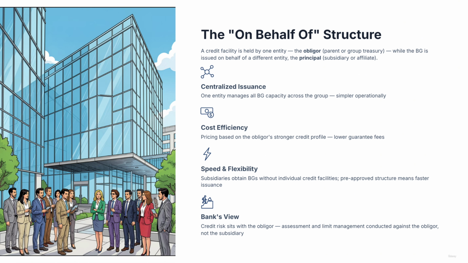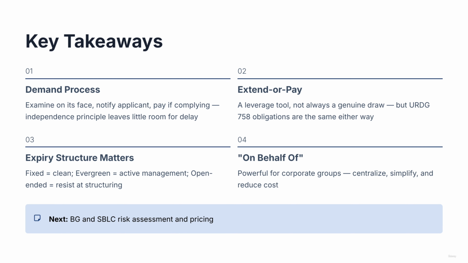This structure is commonly used by large conglomerates, infrastructure groups, and any corporate with frequent guarantee requirements across multiple entities in multiple locations. When a demand arrives, the bank's process is clear. Examine on its face, notify the applicant, pay if complying. The independence principle leaves little room for delay on commercial grounds. Extend or pay is a leverage mechanism, not always a genuine draw, but the bank's obligations under URDG 758 are